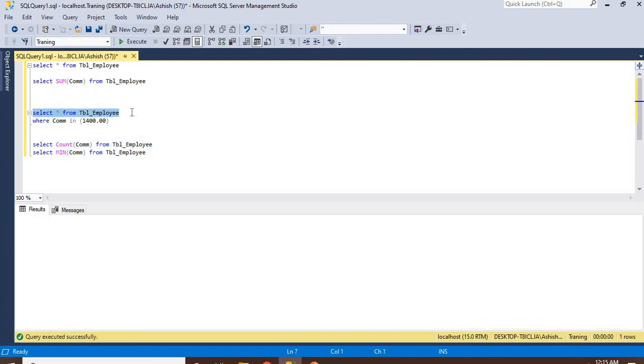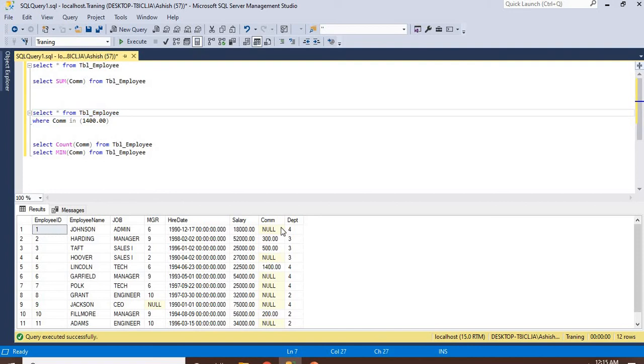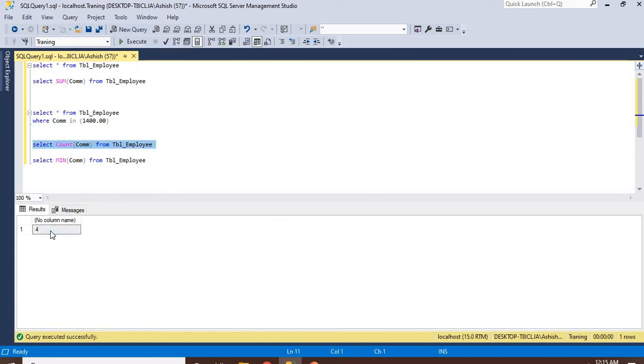If you see our employee table, there are only 4 not-null values. Count ignores null values, and only then it returns.